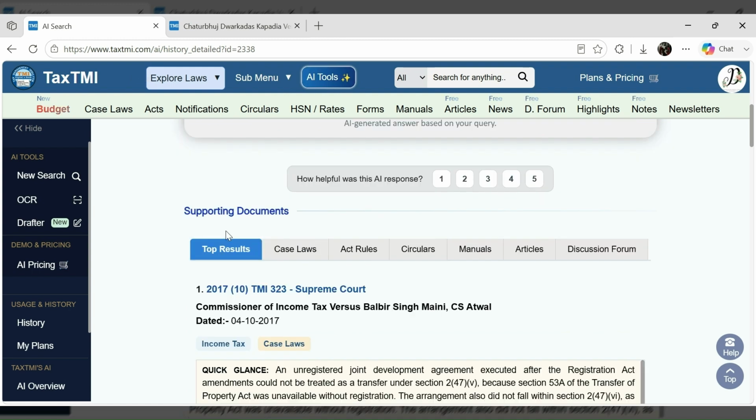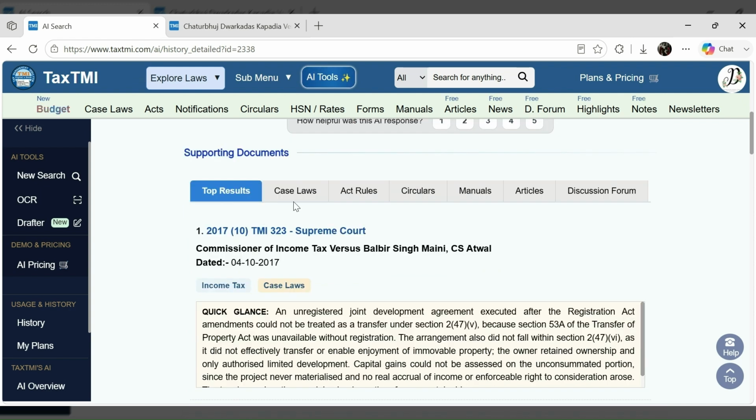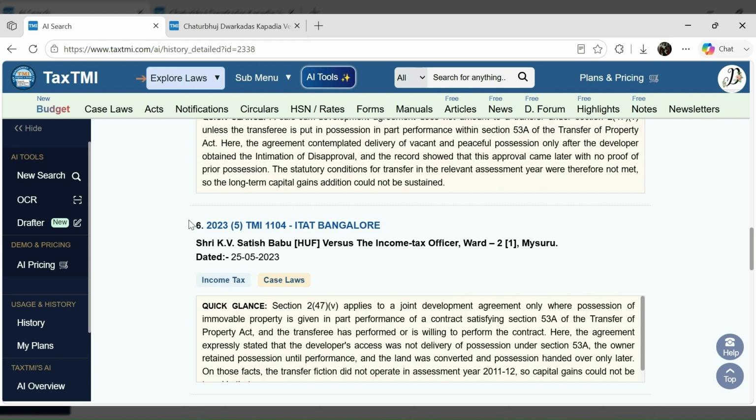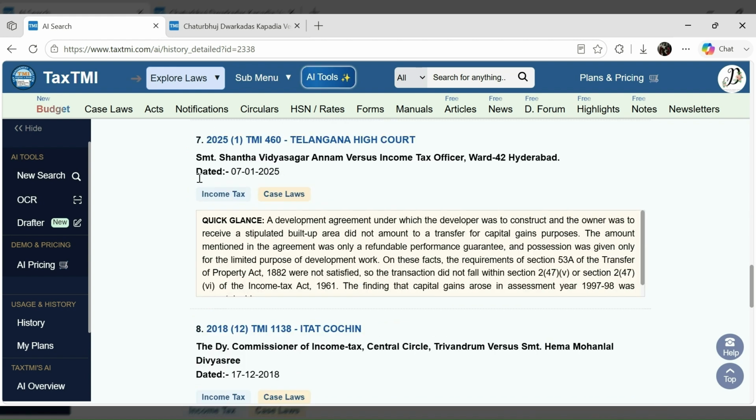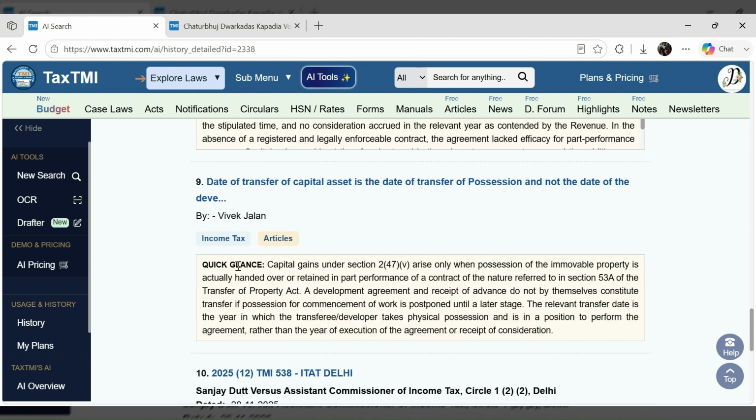And below the rating option, we have supporting documents. All the results that we got for our search query, it will categorize them into the various categories. First, it will by default take me to the top results, and it is a mixture of the various categories. For now, it is the case laws, but here is one link which is of articles.